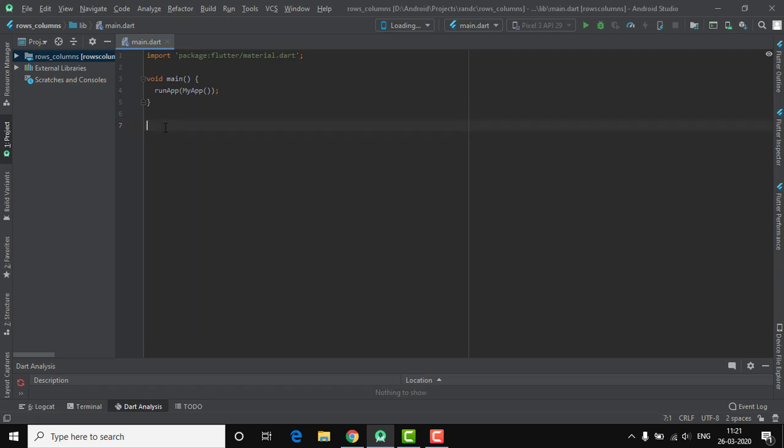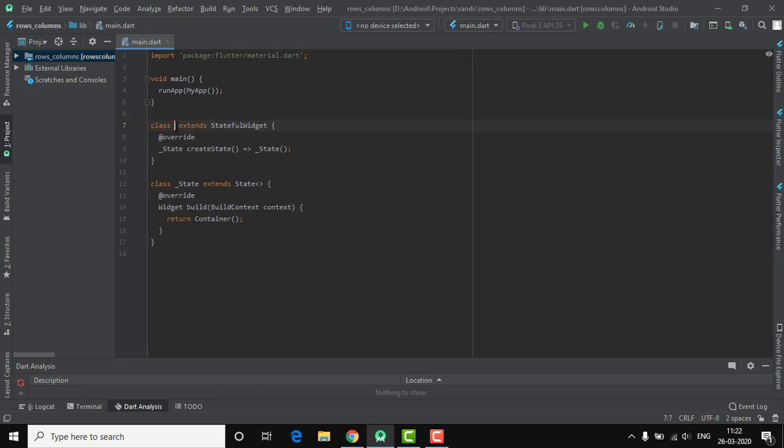So after removing that, what I'm going to do is create a stateful widget with the name my app, or you can go with any name, but make sure that particular name is provided over here. Since it's my app over there, I'm just going with my app for the time being. So I have to make a stateful widget. The shortcut is, once you start typing stful, it should come. It is dependent on whether your system is performing at a good pace or not. Now it's loaded for me. So now I'm going to select that stateful widget. In that, I'm going to give the name as my app and just click on tab to avoid that